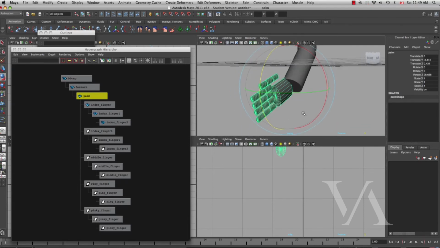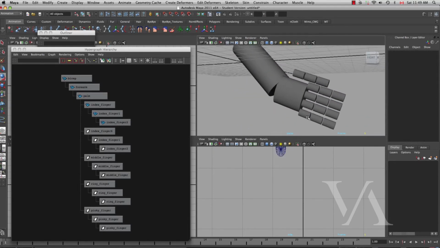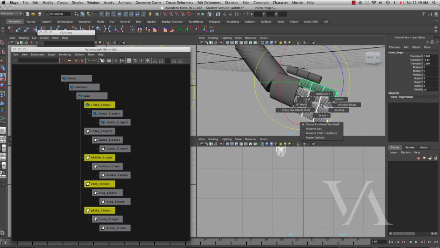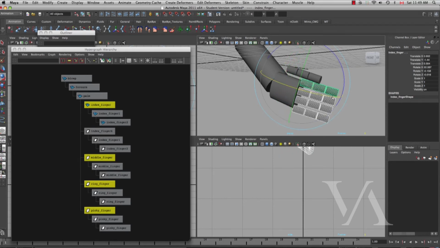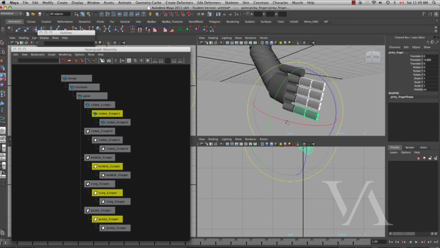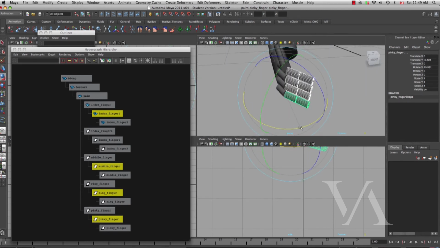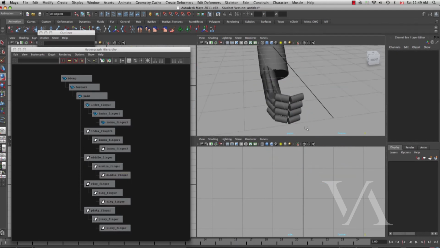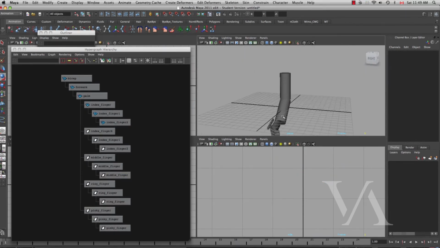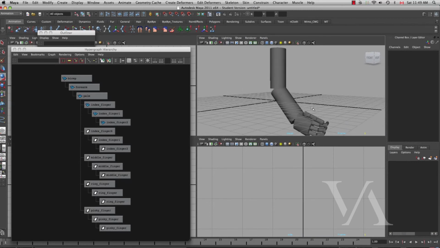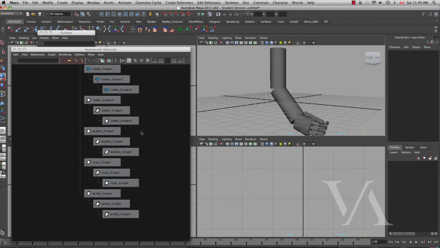Now you can see how these things are really useful, and they help you to organize your work. I can grab them all right there, switch to the local view right there, and then now just do the other ones right here. So I can get a fist. And this is a basic setup for that hierarchy. I can open that square and then just do it like that. So you can see how this is now making more sense. Now you see something like an arm, and the hierarchy is there, and all the names are there, and the